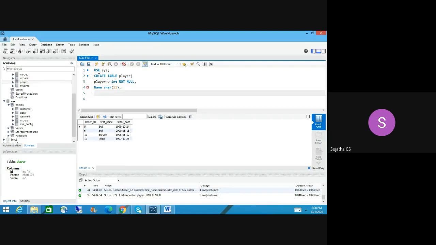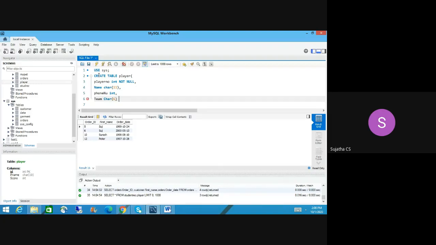Then phone number is an integer, not null, not necessary. Then move on. Team number or team, equal to character of 6.